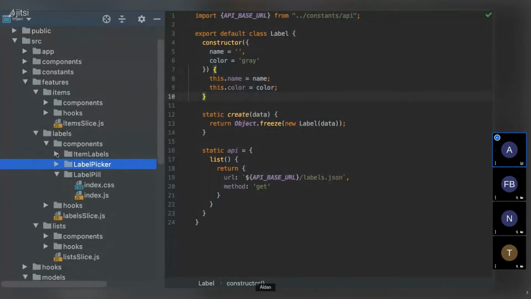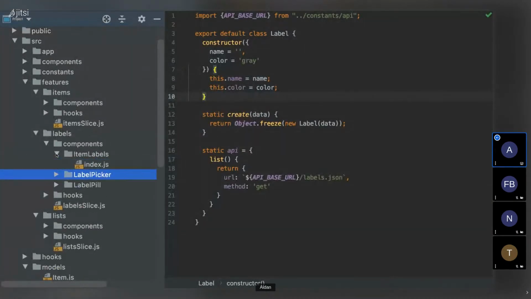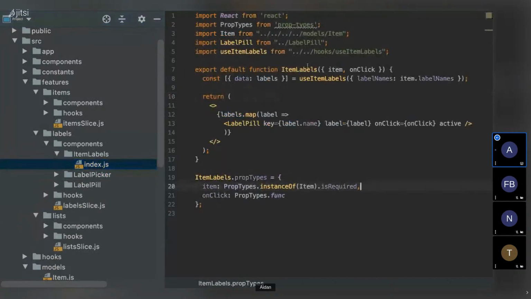So in this case, I'm taking an individual item, and I'm listing out the label pills for the labels that are associated with that item. So again, it took so much less effort to read the names of those components and tell basically what they were doing just from the name, because we're following this domain-centric naming convention.